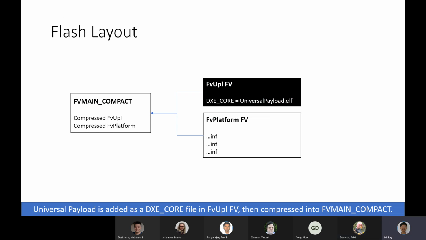Okay, so this page explains how the universal payload binary, the ELF image, is built and integrated into the UEFI firmware. Basically, in UEFI firmware, we have several firmware volumes, and those firmware volumes are put together as a like 4 megabyte or 8 megabyte BIOS image. And one of the FV binaries